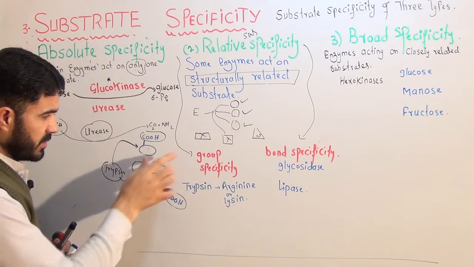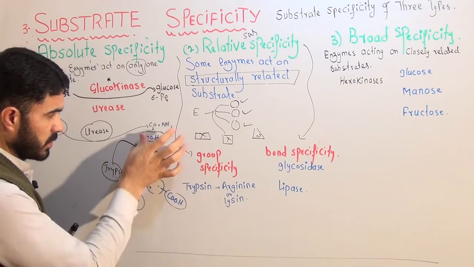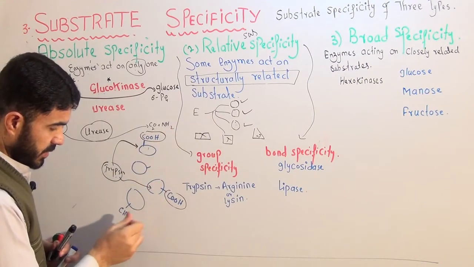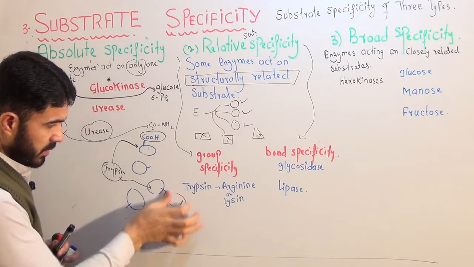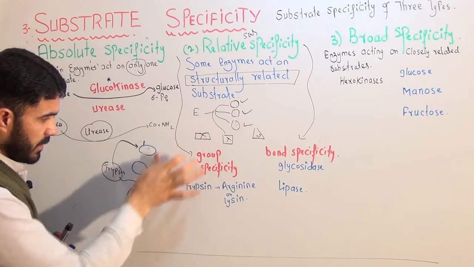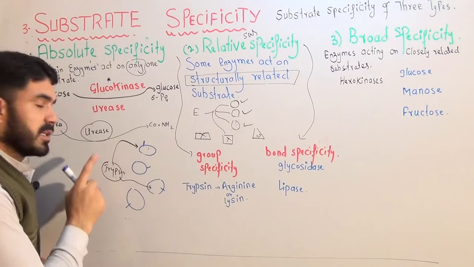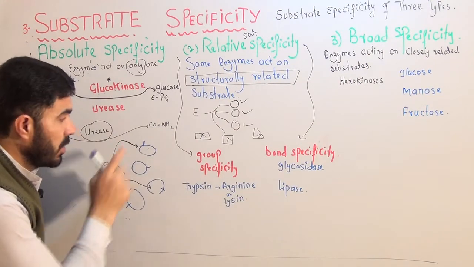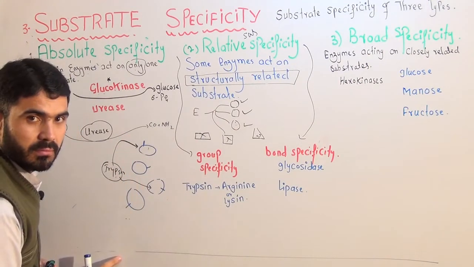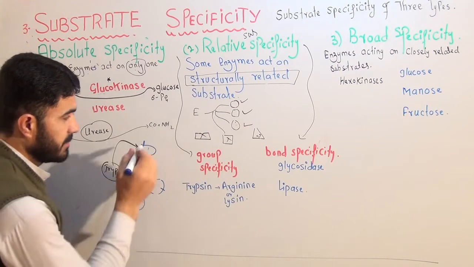This is protein, this is protein, this is also protein. These are all different proteins. Trypsin will act on any protein which contains this group,